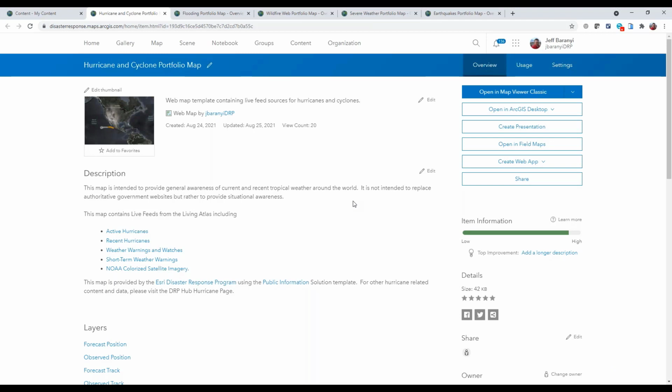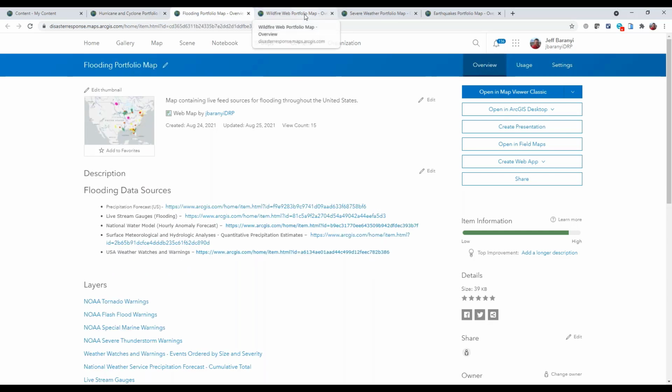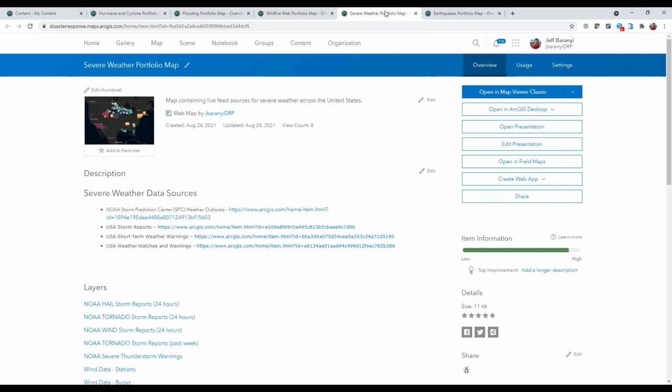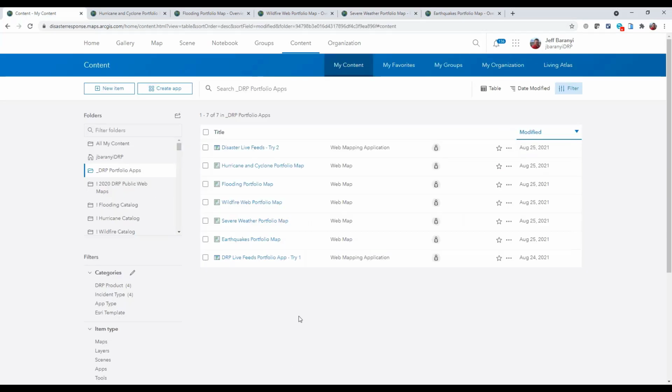Like if you're cooking a meal, you've got to have all the appropriate ingredients here. So what we're looking at is a couple of maps that I've prepared, and you'll notice here that I've got a good thumbnail set and a description of the content of different weather events that are of concern to us. Really these represent some of our live feeds from an Esri Living Atlas perspective, and I just wanted to highlight here that the content is all well organized before I create my app.